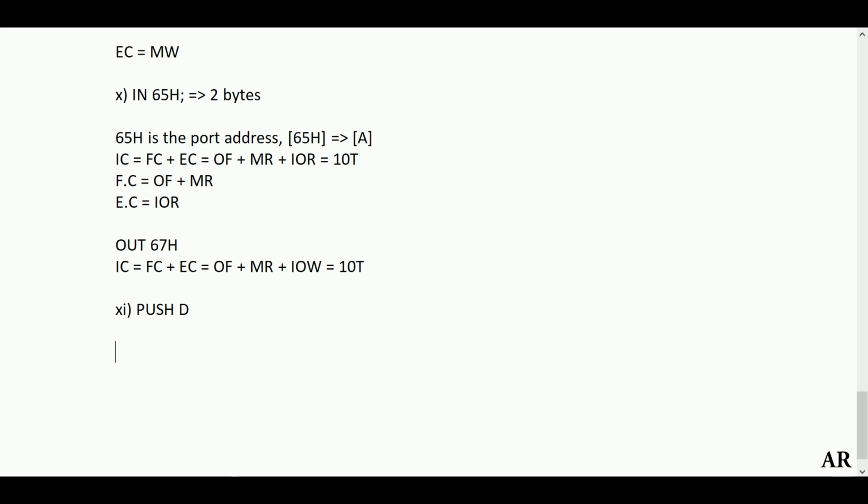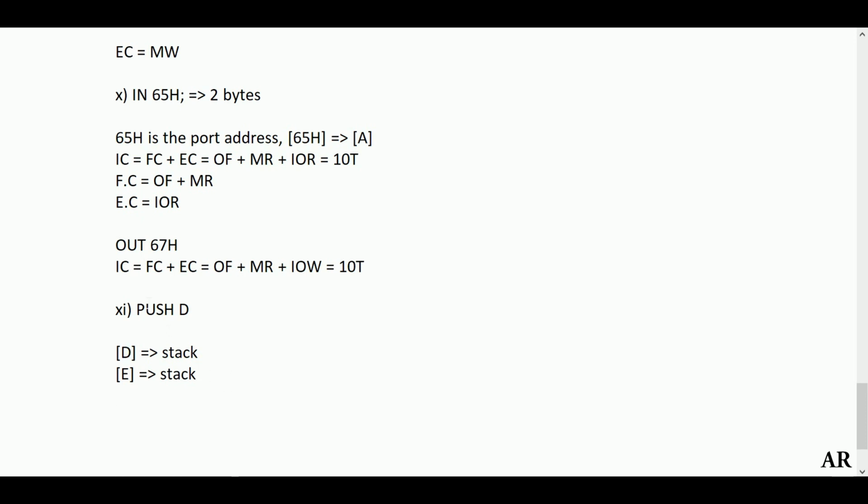I'll just write in short, the content of D is moved to the stack first, followed by the content of E. And why is D moved first and thereafter E? Because you remember the Little Endian format, the higher byte will go to the higher memory address and the lower byte goes to the lower memory address. In the DE register pair, D is the higher byte, and when we are performing a stack operation, we are going from bottom to top, that is from higher memory to lower memory. Therefore this format is followed.